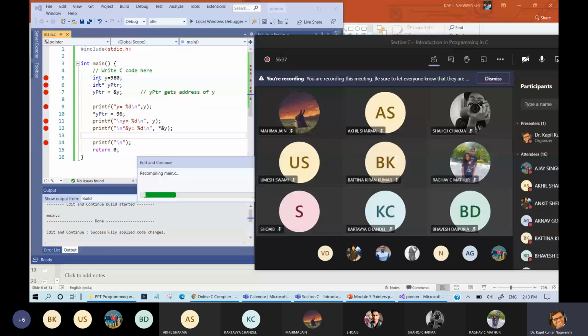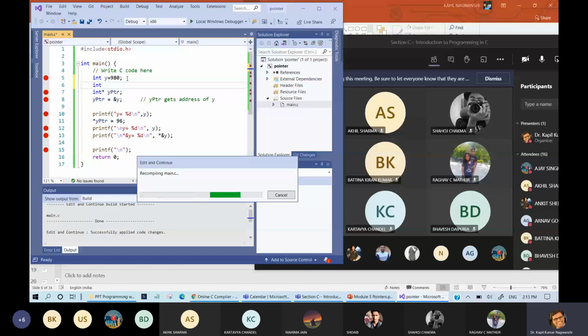So what happens is that y is as it is, a pointer; this pointer will point to any integer value. It is not only that y. If I am using this integer x, okay, x equals 90, and I write y as x, then this will automatically point to 90. Now whatever value is written here will change from that place to that place. Y will print 980, but now modification in X will take place. So although it is written Y pointer, the value of X will be changed.